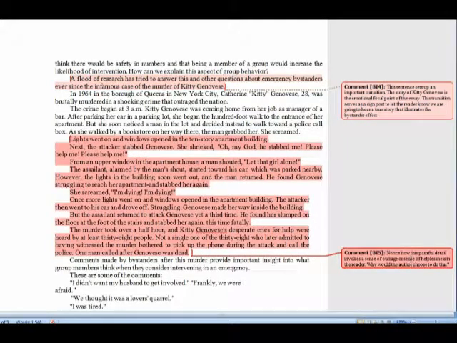This story of Kitty Genovese is pretty outrageous, and the author chooses to go into quite a bit of detail, kind of a blow-by-blow scenario here of how this situation unfolds. And you have to ask yourself, why? Why this detail about the stabbing and about the screams for help, and why are we dragged through this terrible crime?